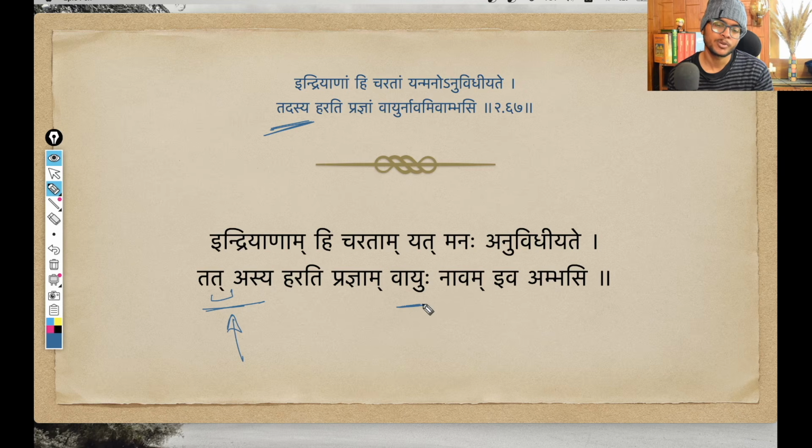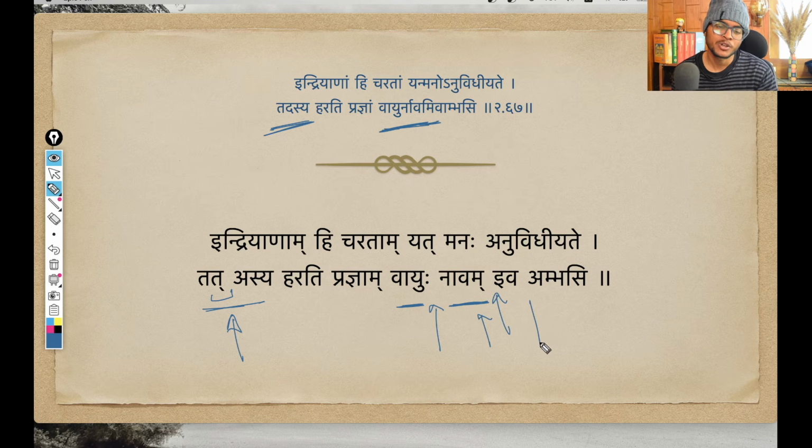And then we can also spot a sandhi between Vayuhu and Navam. What sandhi is this? So Visarga is changing into this Rakara. So this is the Rutva sandhi, due to which Vayuhu, Navam, they are combining as Vayur Navam. That is what you can spot here. Vayur Navam. Then here it is not a sandhi, it is just Varna Melanam. So Navam Iva, it is just joining. A Halanta letter joins with the next letter.